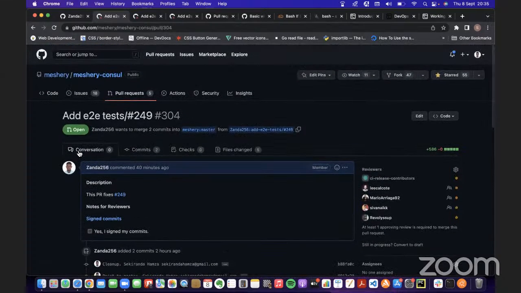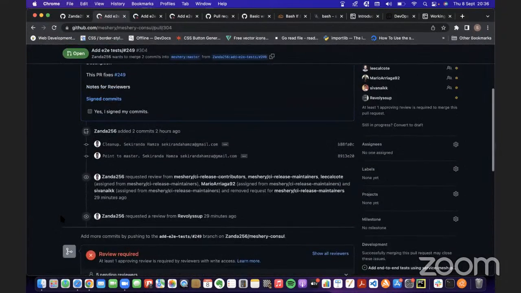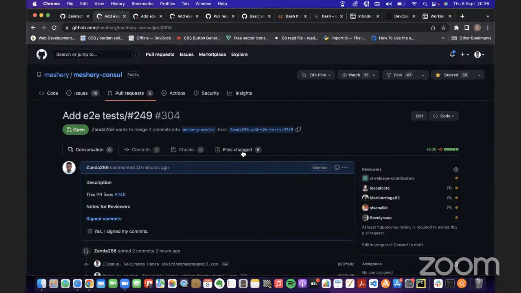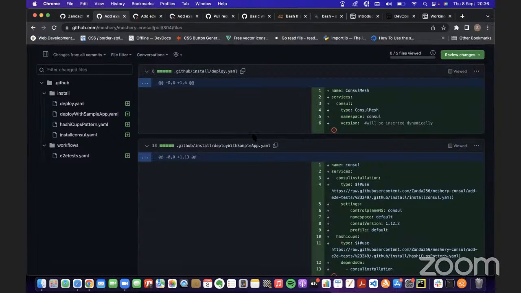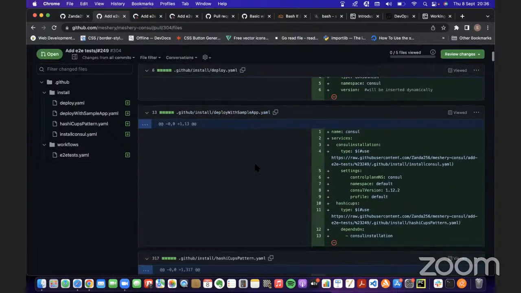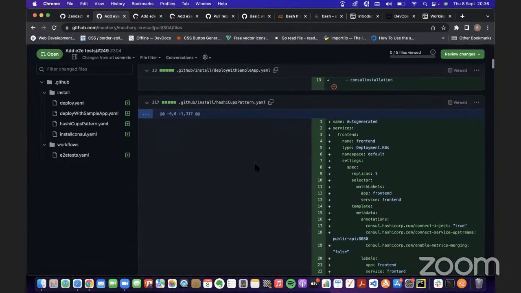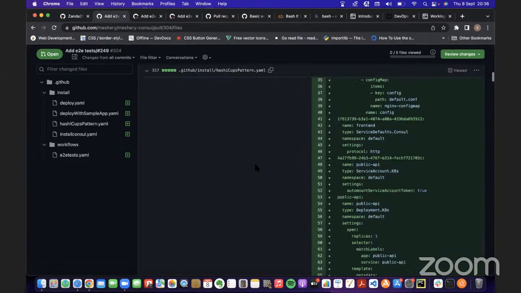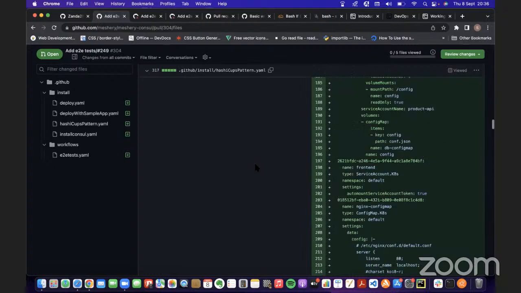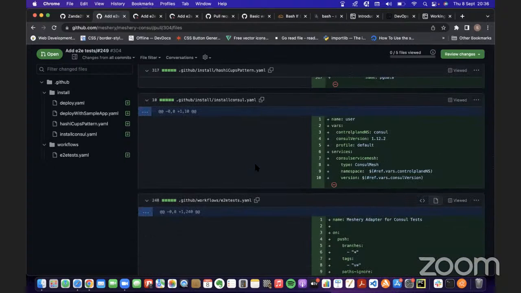I'm trying to add the sample app that ships with Consul, the Consul service mesh. It's called HashiCorp. I managed to add this, installed and deployed the sample app. These are all YAMLs. It's hard to explain them all to you in a one-hour call, which is left with 20 minutes, but you can go through them. And the problem I'm having right now is